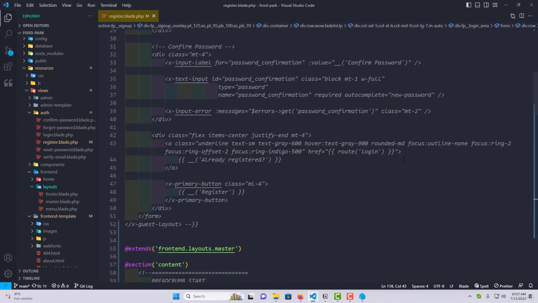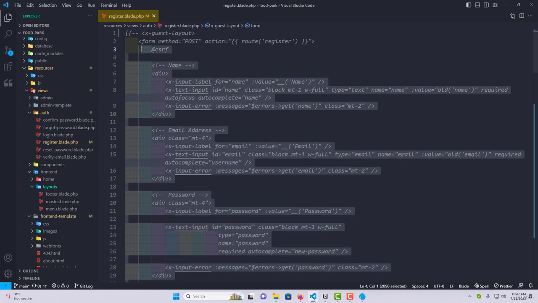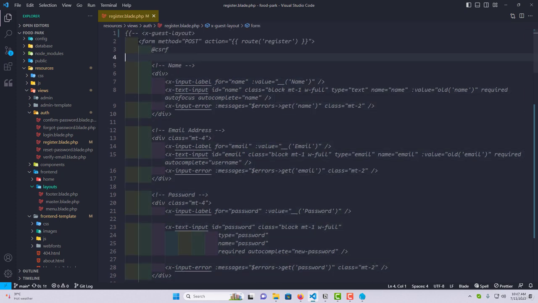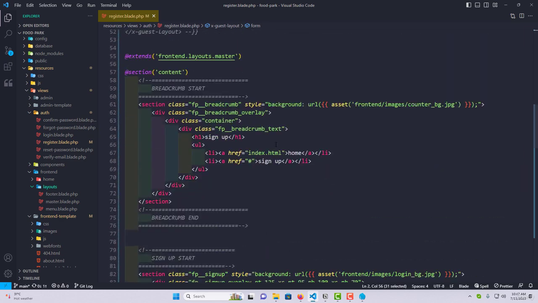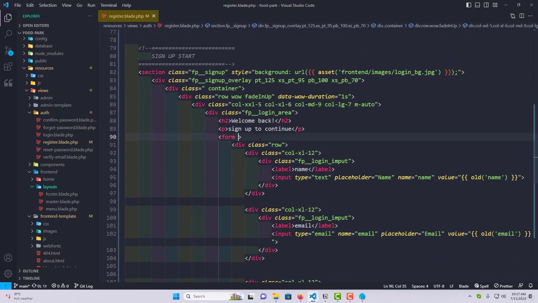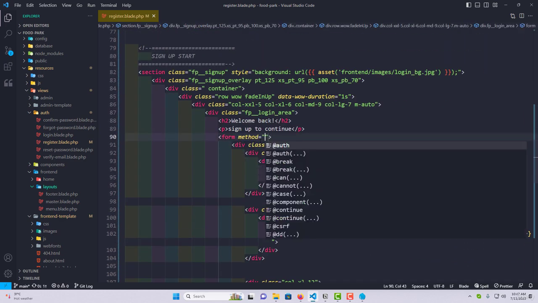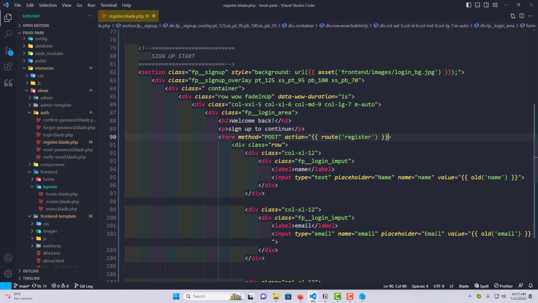Let's go to the top, and do we have any other stuff? I guess not, so we can just remove this entire commented-out code. Oh yeah, I forgot about the form. Look here, we have to add this URL in the form, I mean in the action, which will be route register. Just copy this action. Let's scroll a bit, and here is our form. Let's add the method first. It will be a post method. Paste the action, and